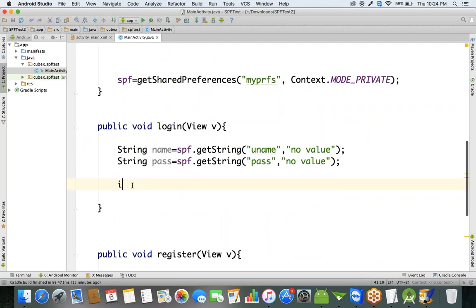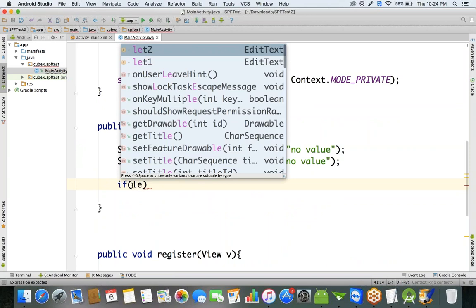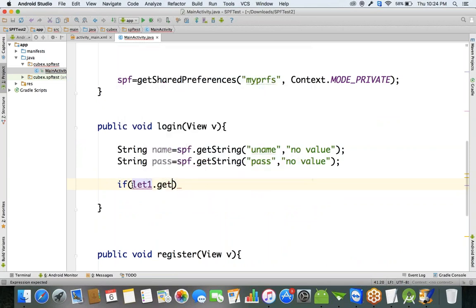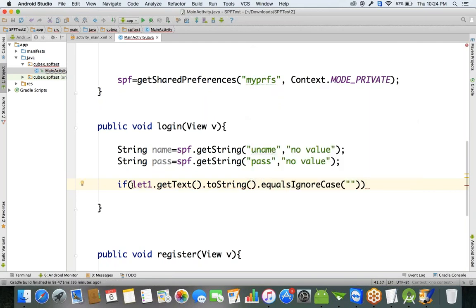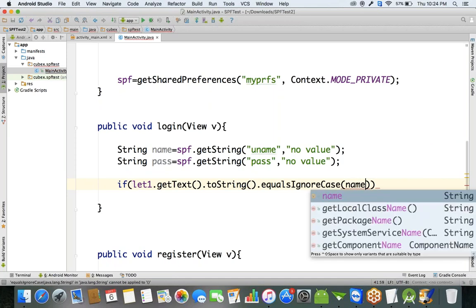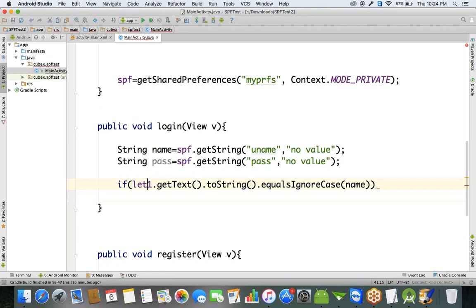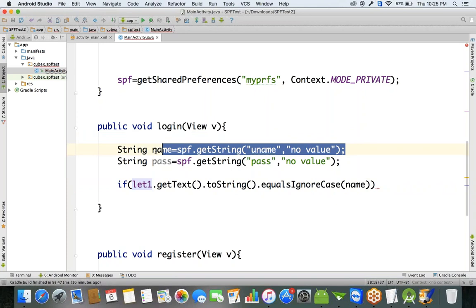Okay, let's write the logic here. If let1 dot get text dot toString, meaning I'm getting the data from the user. let1 dot get text dot toString dot equals ignore case, meaning if this value is equal to the name from the edit text 1 component, if this value equals the name the user has given in the text box, and